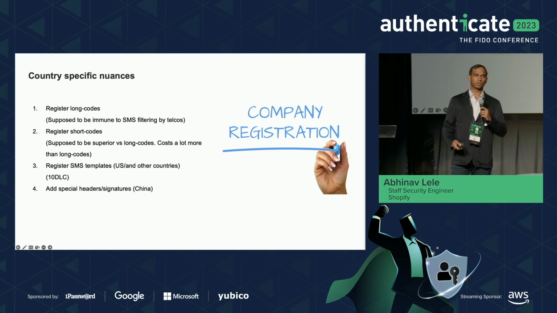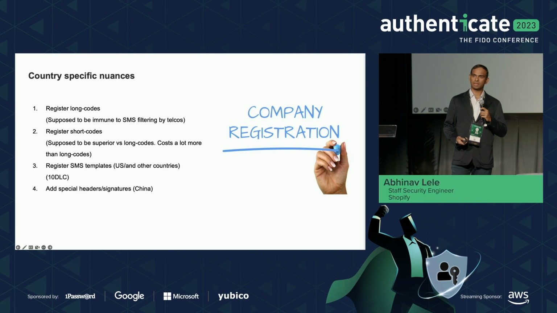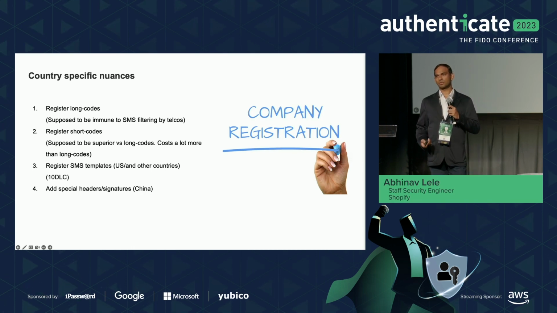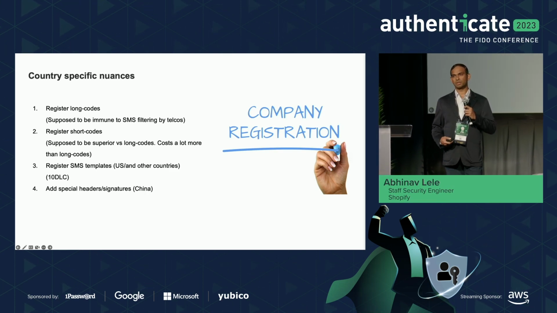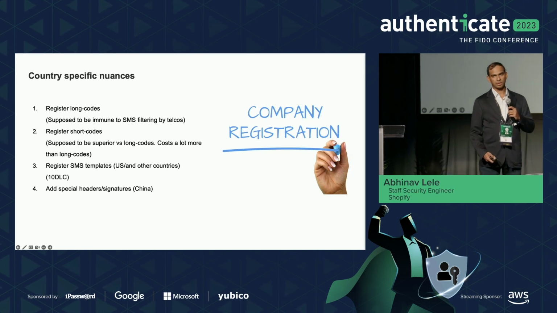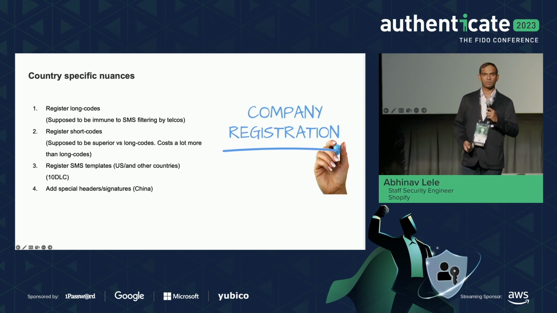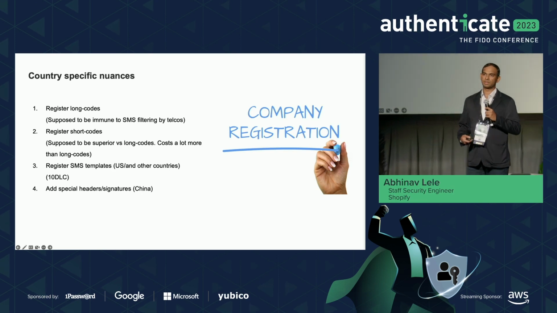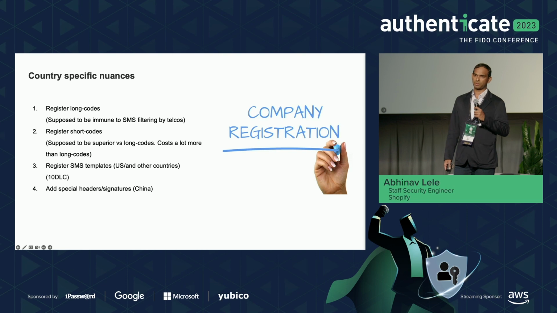So this is more towards the operational cost. Getting a short code or a long code is a direct cost of buying services from a telecom provider, but these are things where legal requirements for every country will add more operational costs. For example, the US has 10DLC. It's not that the one which you do in the US will work everywhere. Tomorrow you'll send it to, let's say, Canada, the UK, or some other country. They will come up with their own template that you need to register.